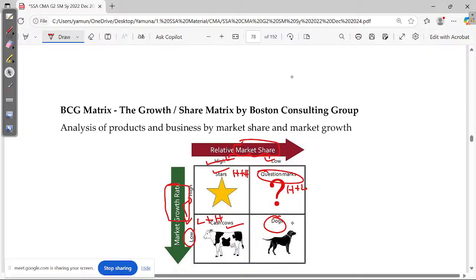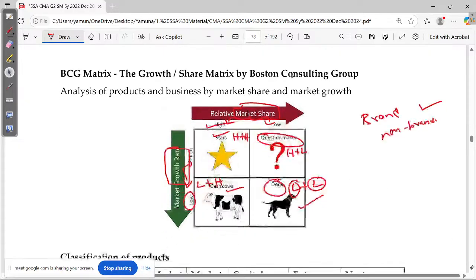Okay, so this is both low and low. Market share is low, and when you talk about a business where there is a brand and a non-brand, which one will you go for? Definitely branded only. We don't want to take a second chance. So you're low in the market, and market growth is also low. Obviously, you have to bark to sell your business. So this happens. Let me go in detail.